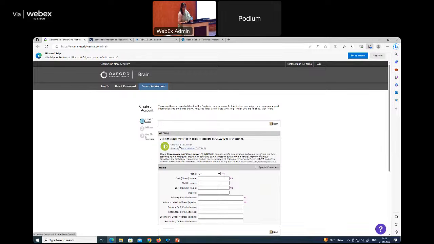Now, it'll ask you to sign in with an ORCID ID. What's an ORCID ID? Correct. It's Open Researcher and Contributor ID. Just like you have your own Aadhaar card number, your PAN card number, your ORCID ID is your identification as an author.